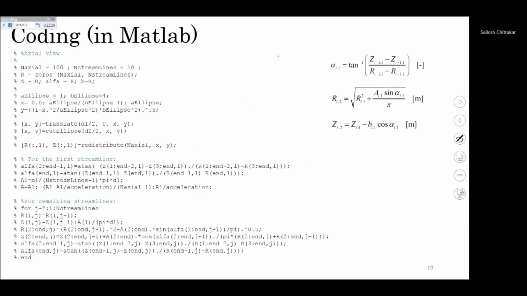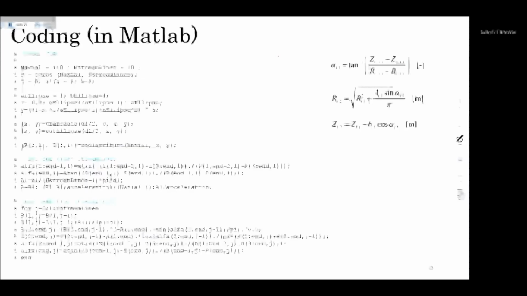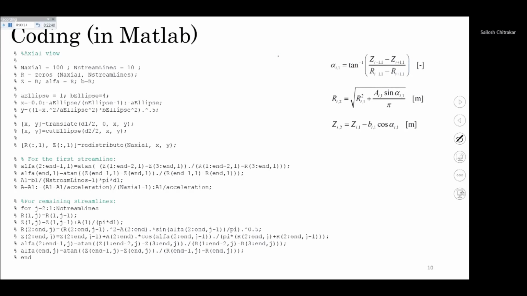This is the example of how the coding can be done in MATLAB. So this is just an example. It is not the complete program. It is integrated with the other codes as well. So some of the values, they have already been determined. But this is a middle of the program, an example where it shows n axial, it is 100, and streamlines, it is 10. So you will get number of the points per streamlines n axial, and number of the streamlines